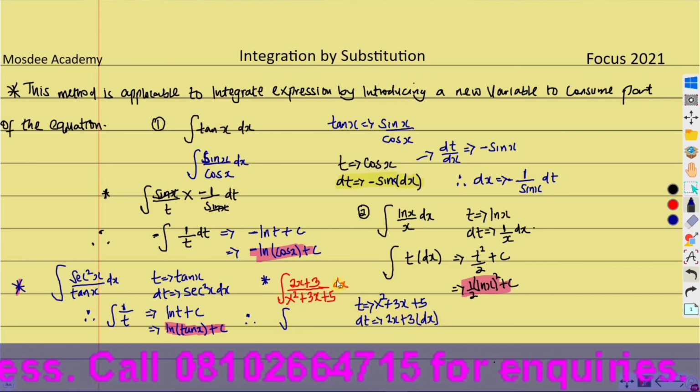The s will be equal to dt. As dt, you can see what I'm doing here. Dt all over 2x plus 3, we cancel it. There's nothing but 1 over t, just like what we have. So the same answer. You can finish, it will give you ln of, that is t, which is now x squared plus 3x